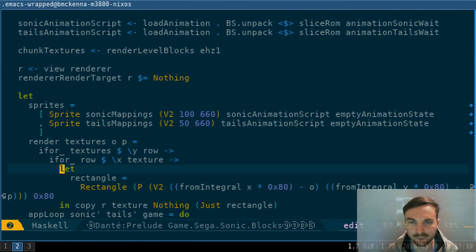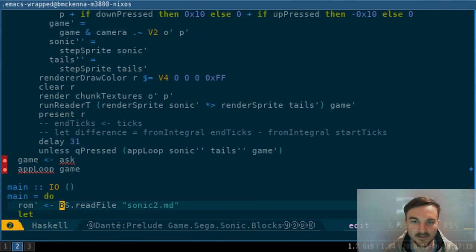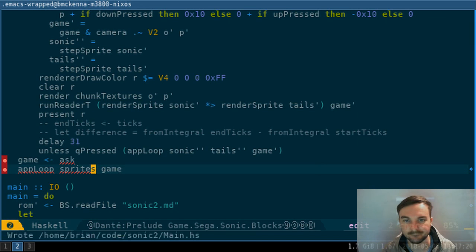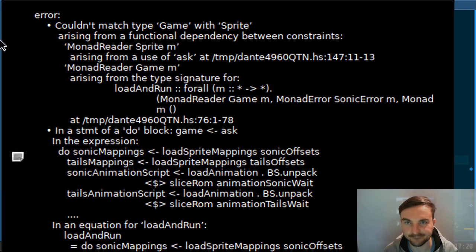Should it go in the game? I'm not gonna put it in the game for now, and the reason is that I think there's a cyclic dependency if I put it in the game. If I separate out my data types properly, I could put it in there, but